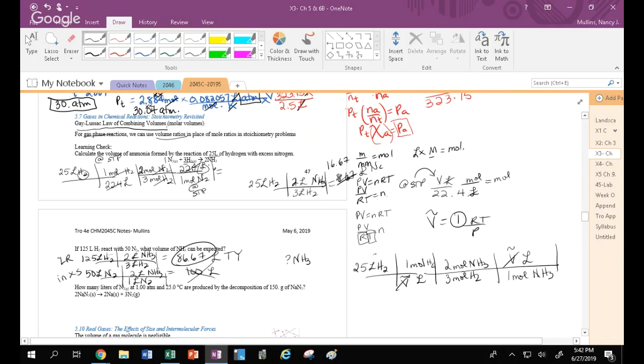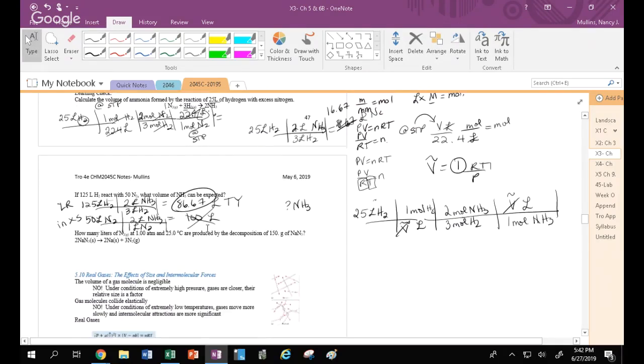But we're getting volume. Yeah, exactly, whatever that number turns out to be would cancel either way. And that's what Gay-Lussac's law is trying to say. When they mix and match, however, if you mix physical states, then you can't do that. However, stoichiometry still applies. It just means that you have to pay attention to the physical state you're working with